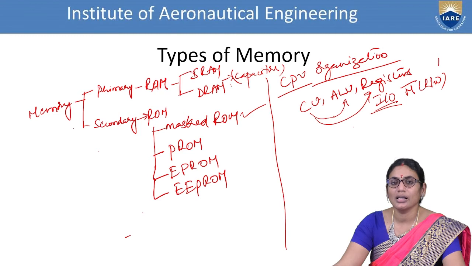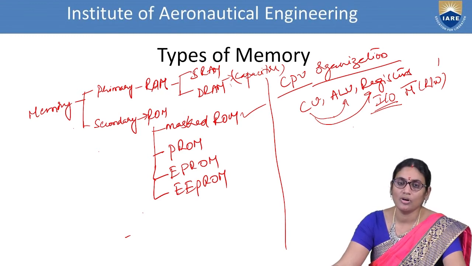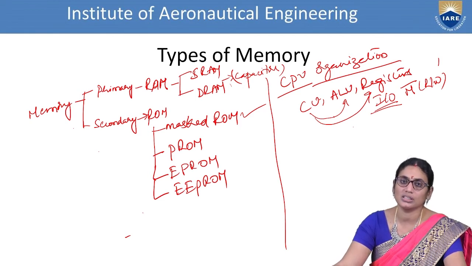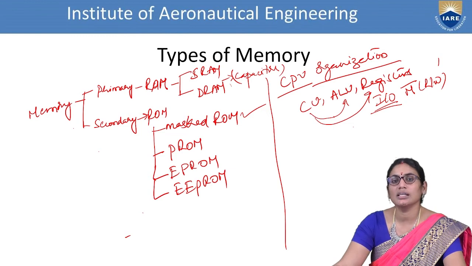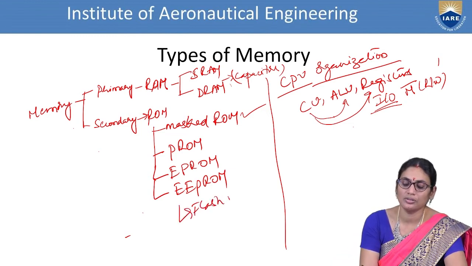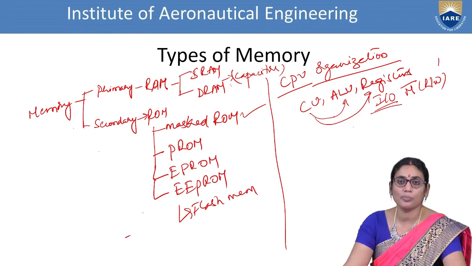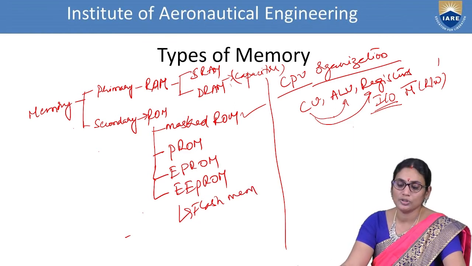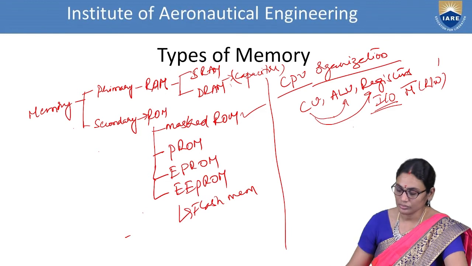So electrically erasable PROM is something like CD read and write and flash memories. Data can be written as well as rewritten or erased based on the requirement of the customers. Then it is called EEPROM. Under this we have a classification of flash memory, and USB sticks and floppy drives are examples of flash memory.